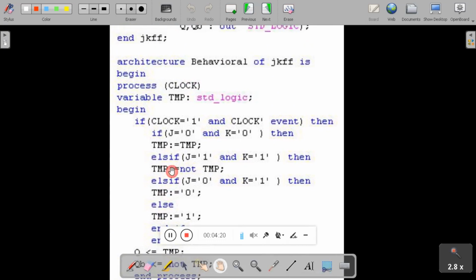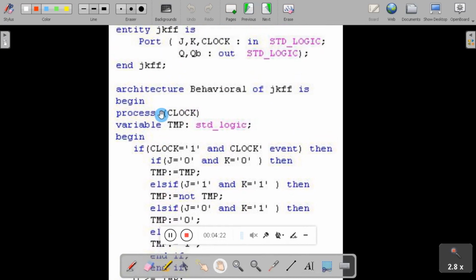But here we are using a process inside the architecture, and as I told in my last session, process is used to execute sequential statements.